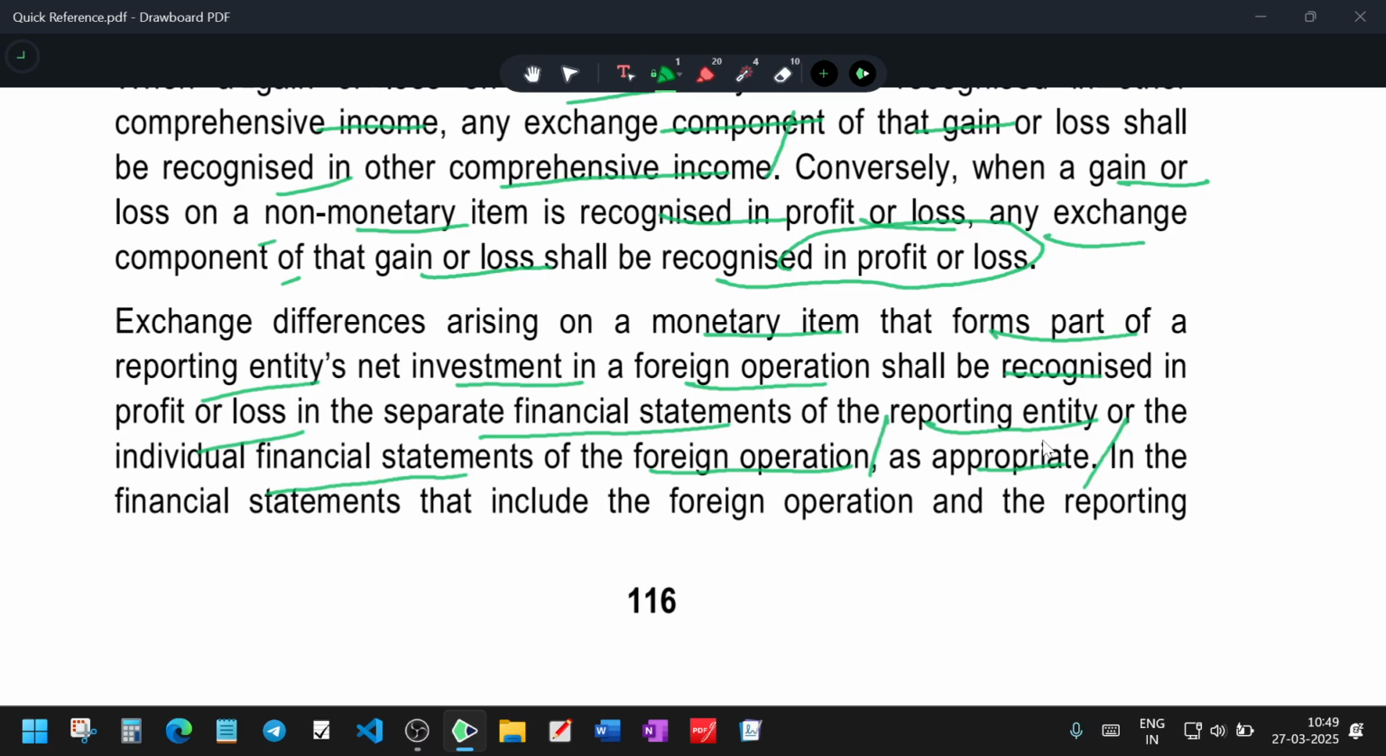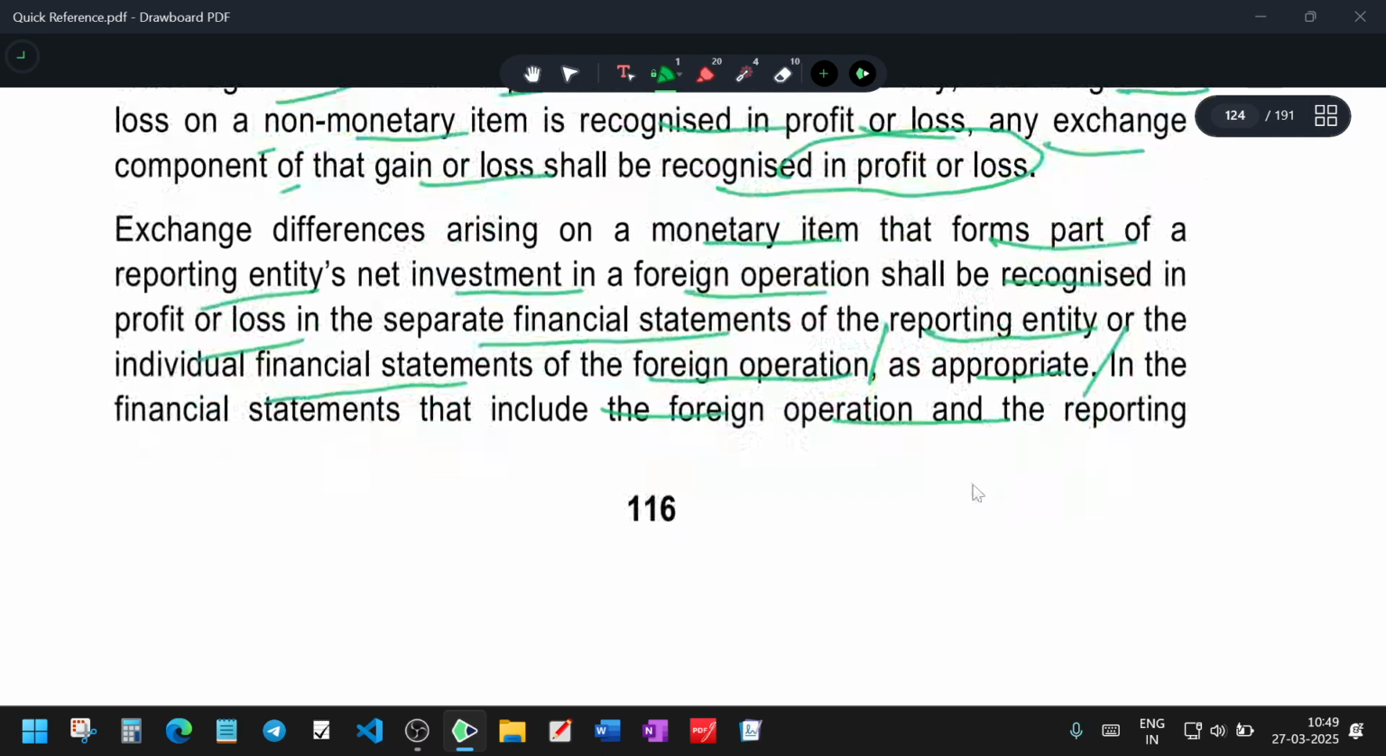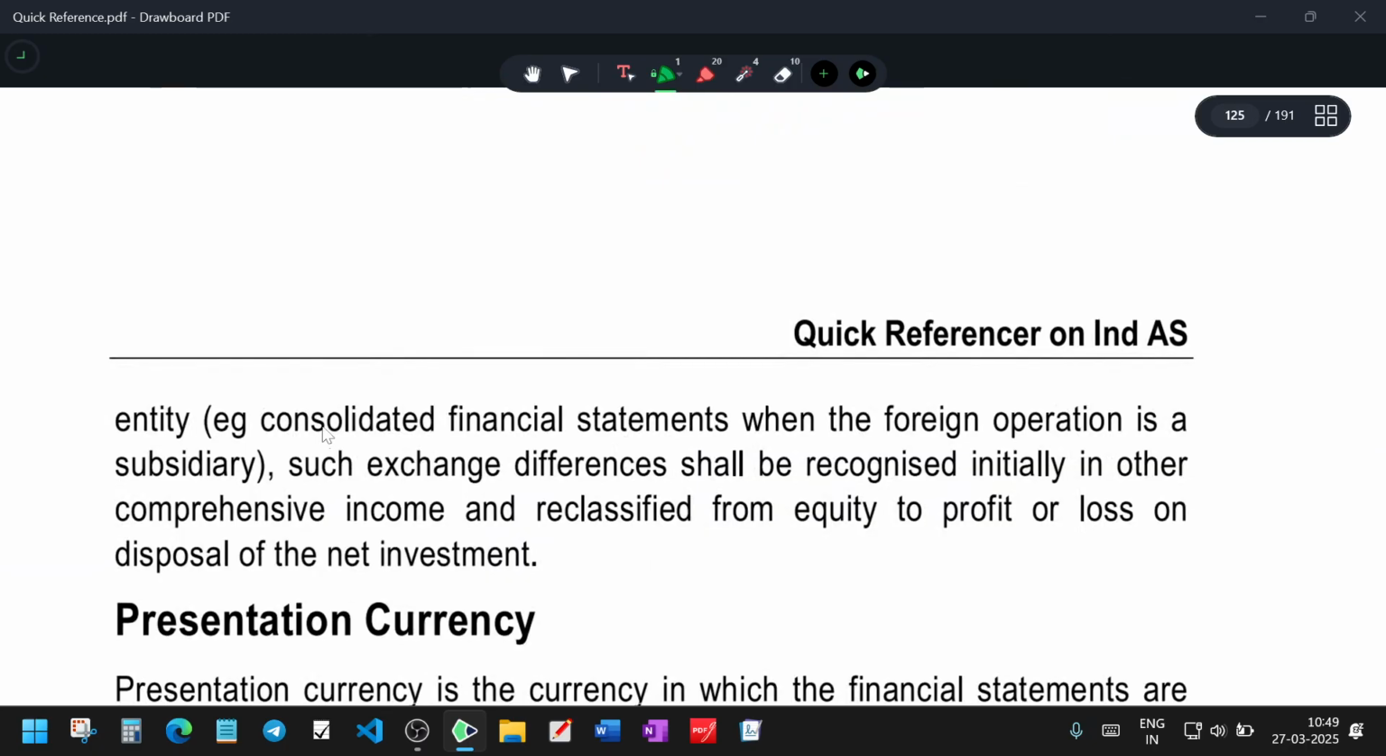Yes, sir, now what is happening? What's the problem? P&L account is in the separate financial statements of the reporting entity or the individual financial statements of the foreign operation, as appropriate. You should prepare two financials: one in foreign currency, almost everything in foreign currency, then converted into Indian rupees. In this financial, when you're converting, you should show that these dollars are there and these rupees are there, and that when converting you got this gain and loss. You should show it. In the financial statements that include the foreign operation and the reporting entity, such as consolidated financial statements, when the foreign operation is a subsidiary,